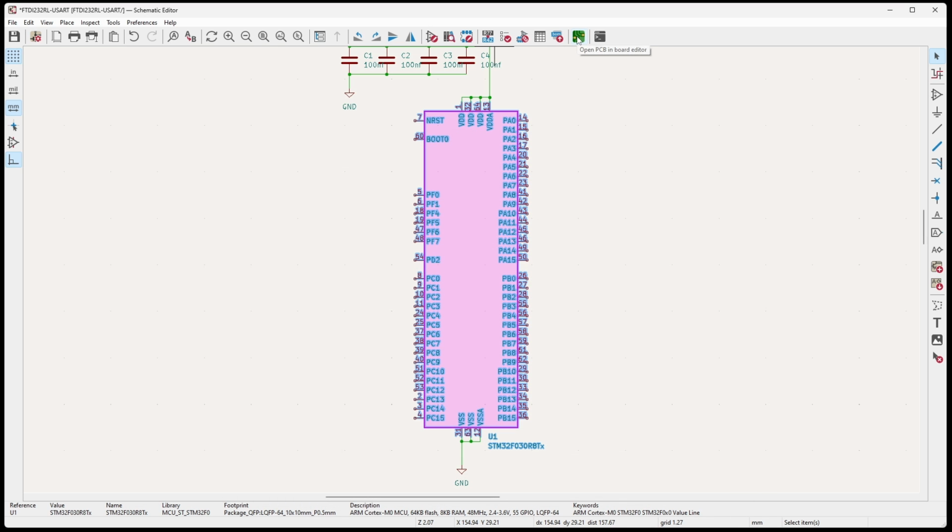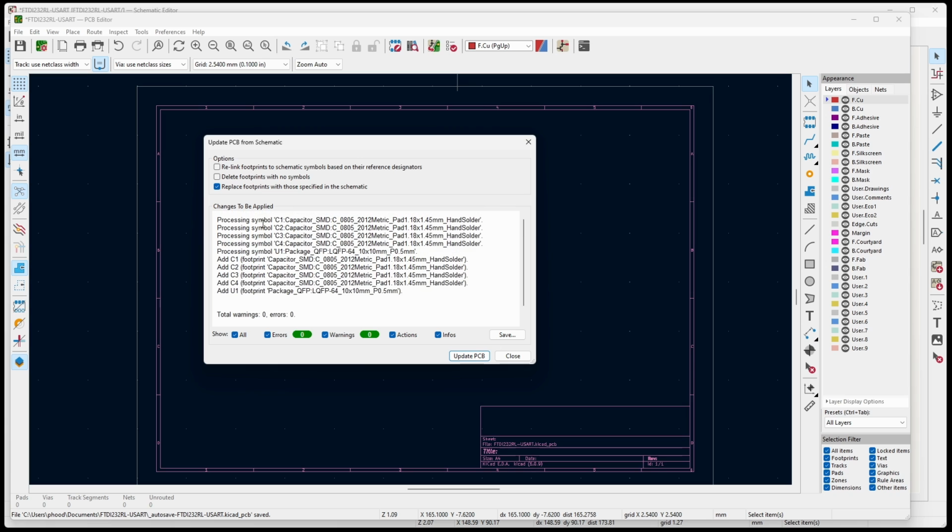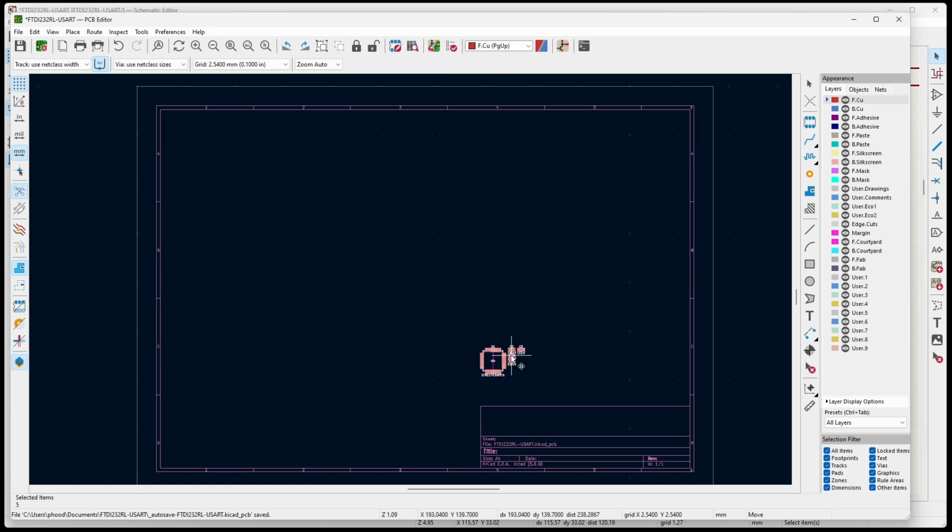I can go ahead and go into the PCB board editor now. I'm going to click on the icon that says Update PCB with changes made to schematic, and you'll see that it has all of the components that we have in the schematic. It also contains the footprints for all of the symbols, and it shows that there are no warnings or errors. So you can go ahead and press Update PCB and close, and it gives you the ability to place it